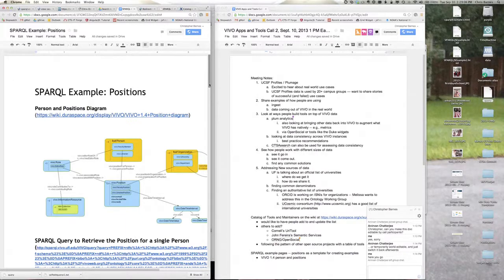I'd like to create maybe 5 or 10 basic ones, like how to get back a person by their URI, how to get their contact information, how to get their position, how to get their publications, how to get their educational history, some of the basic things that a new app developer might want to be able to play with, so that we could bootstrap some people into starting to build things.